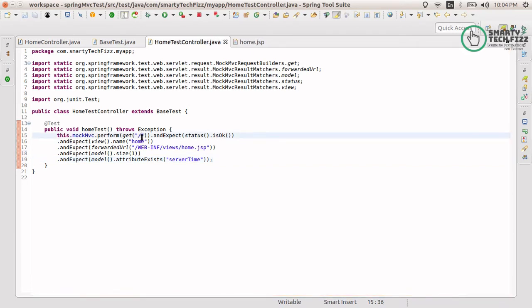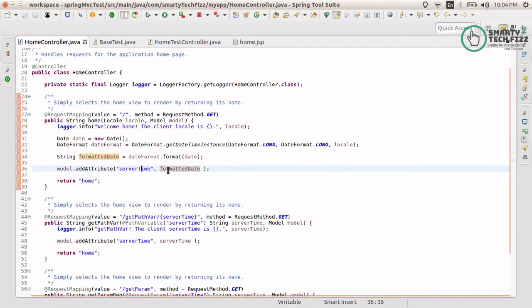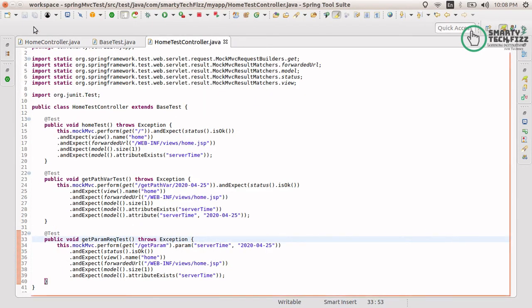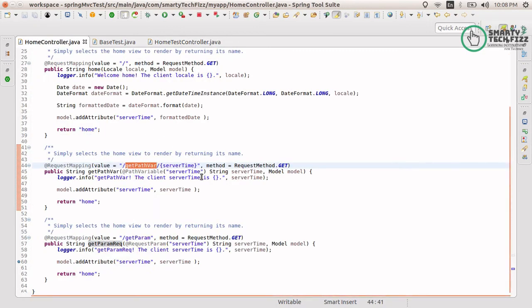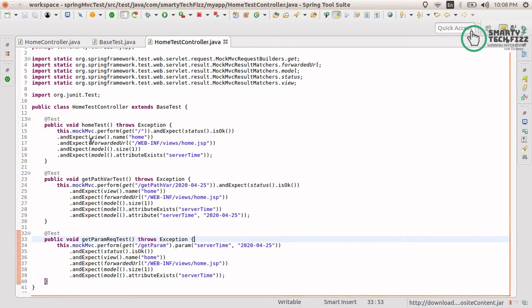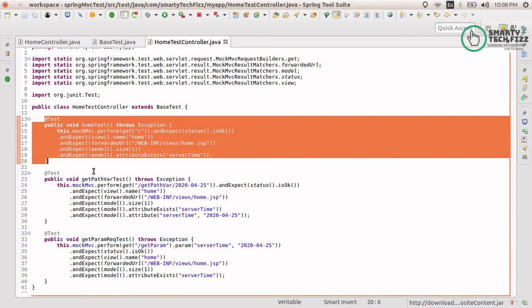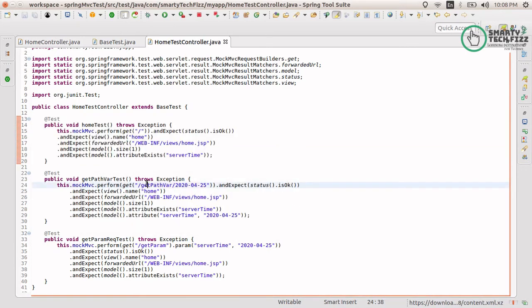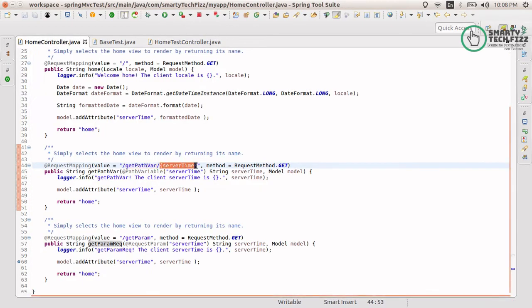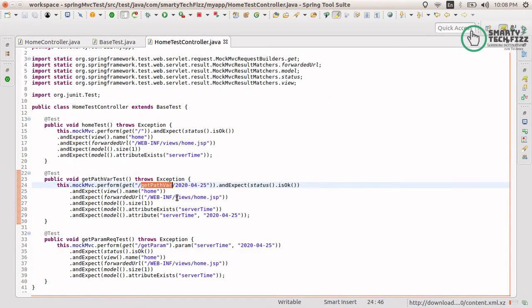So let's go with the other controllers that I'm going to test, using the path variable and the request param. I have mentioned the other two methods as well, but I have made changes. I just copied everything from this function to both of them and changed their names. Next, for the path variable, mention its URI, and then the value that we need to pass. Nothing else needs to be changed.